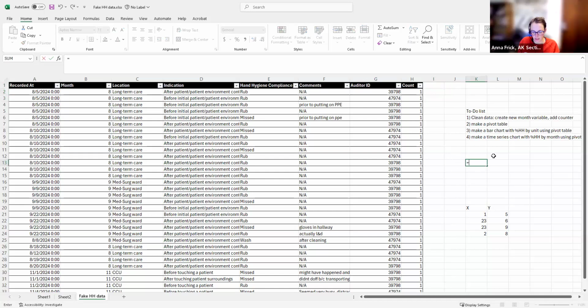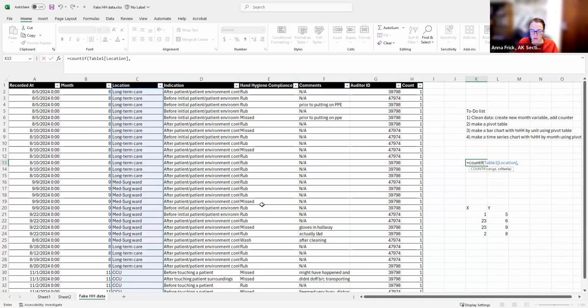If you're wondering, the way COUNTIF works is that you tell Excel... These data are pretty small and pretty uniform, so it's not the most useful thing that I would do here. But let's say I want to know how many of these are long-term care.